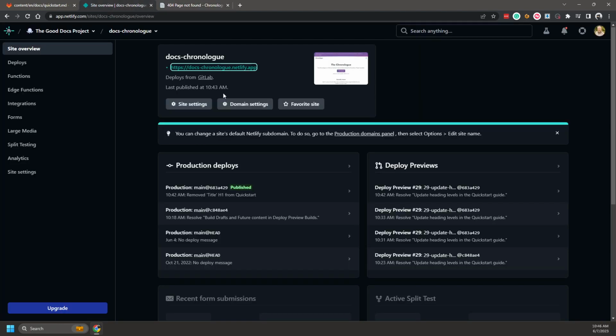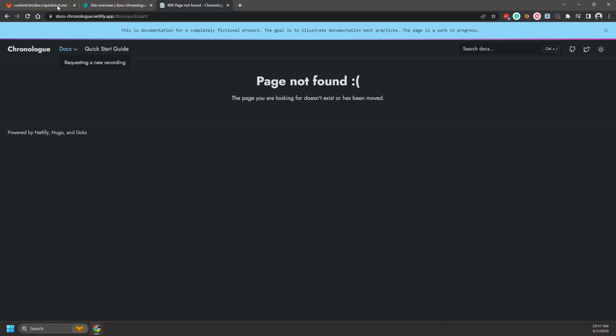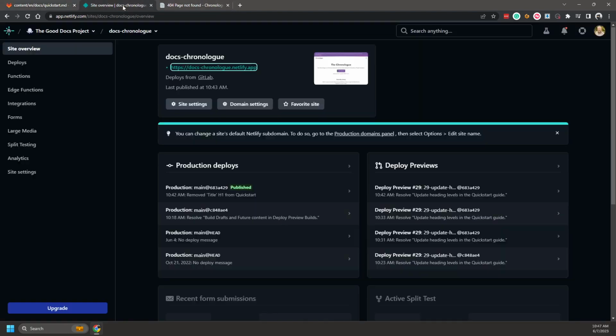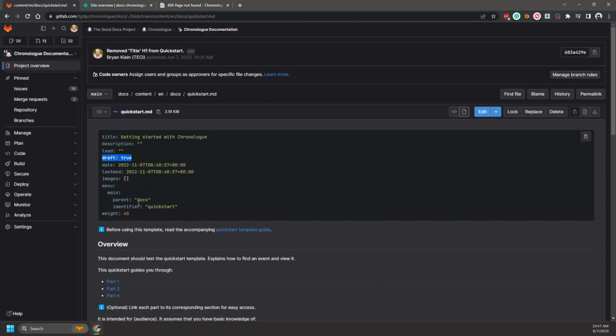So that's another issue. Make an issue to take quick start out of the menu. Or another thing we could do is actually put the quick start menu reference in here, identifier quick start in the main menu. We could also look and see where this other shortcut menu is being defined and apply it there as well. So anyway, that's a little bit of a sidetrack, but hopefully this little video has shown you